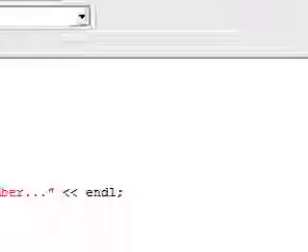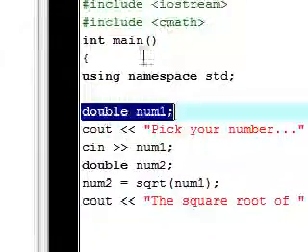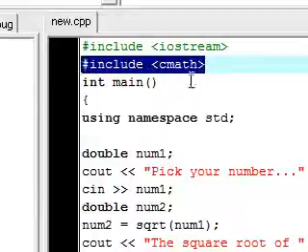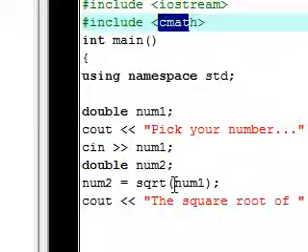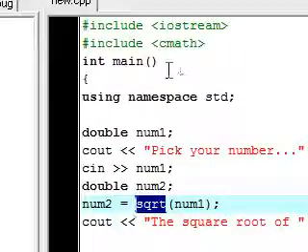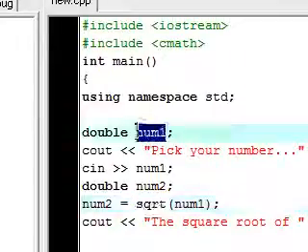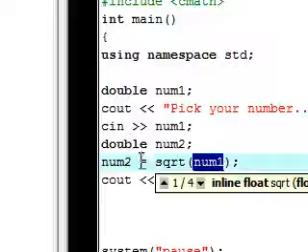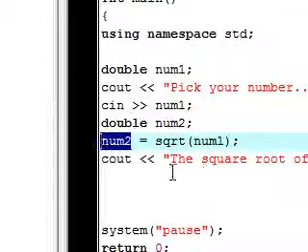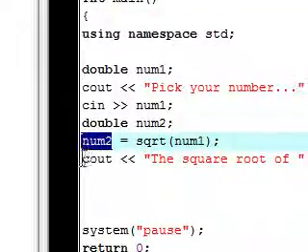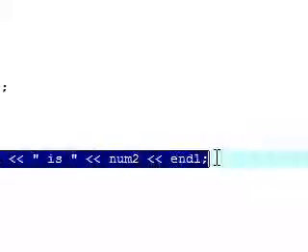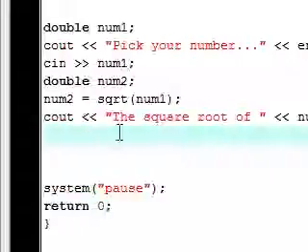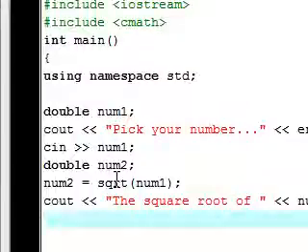And again, just to recap once more, for the very first thing you can't forget to use is the cmath, because this allows you to use all these basic math functions. We declared our first variable, allowed the user to say what that variable's value was. Then we took that and made the square root of it the variable num2, and that's how we got our basic function. So now study this, learn all of your basic functions, and get familiar with this,